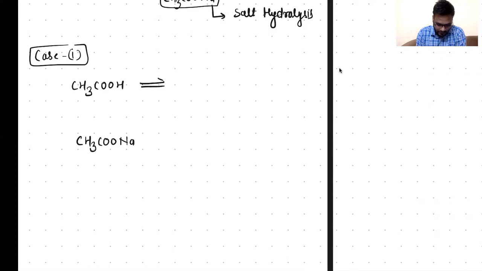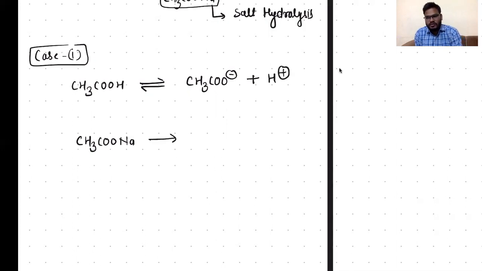CH3COOH only gets dissociated partially, right? While all the salts are strong electrolytes, and unless mentioned, they will completely dissociate into their ions. On dissociation, it will furnish